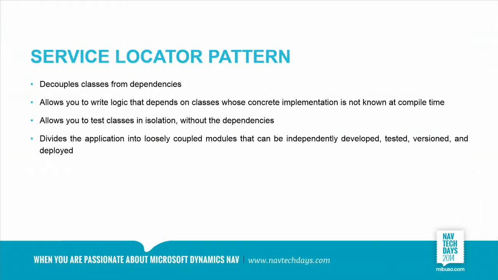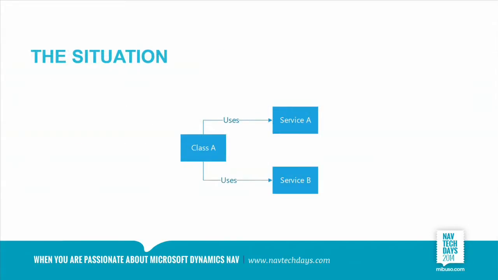And as far as I'm concerned, it can be any service in the world. The only thing that I care about is that there is a common interface that I call into. The goal of the service locator pattern is to help me find the correct interface to achieve that job. So let's take a look at the situation as it is.